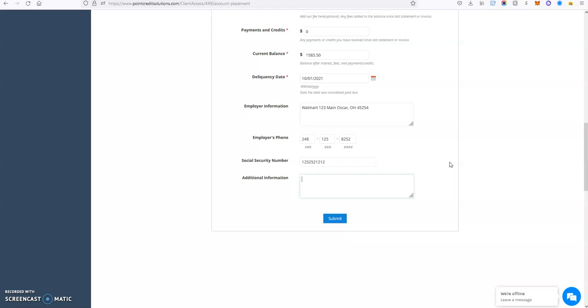Typically, we don't need anything else besides this to get started. We would need it if there was some type of a dispute, but we're going to reach out to you in that dispute. But if you think there's something specific that you would want us to know, you can put that information here. Next, we're going to click Submit,